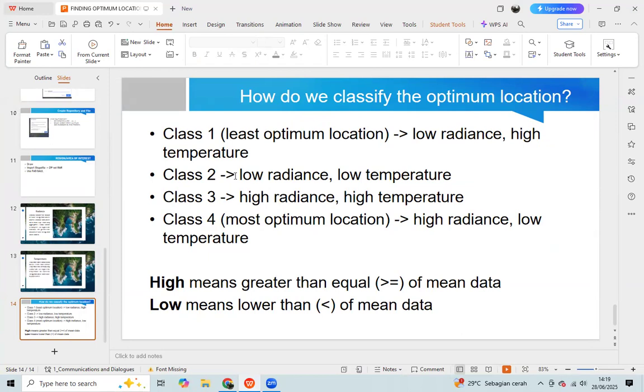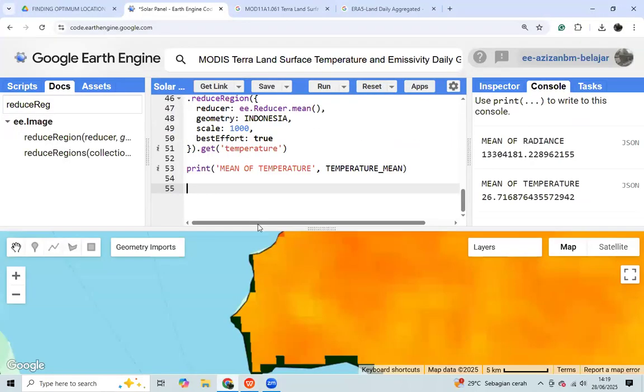And then it gradually goes to the most optimal location, which has high radiance and low temperature.